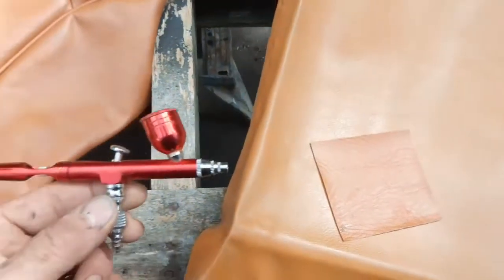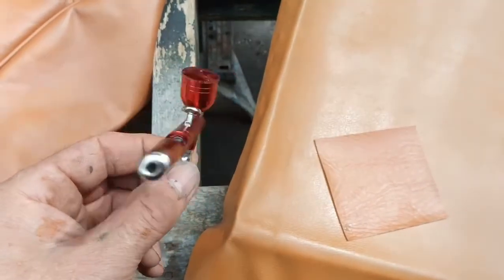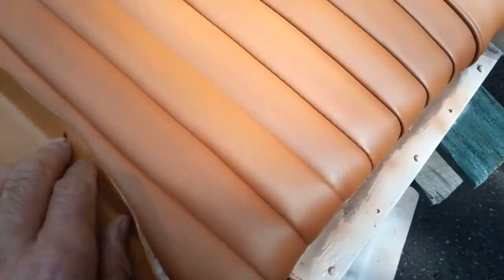This is the colour I ended up with, which I didn't like too much. It's a bit yellowy orangey, and this is the vinyl I want to use with it, so they're quite a bit different. So I bought a £9 airbrush, Chinese one off eBay, and I've got some other colours which I bought as samples, and I mixed it up and I've dusted over the seats, and I've come up with this colour,